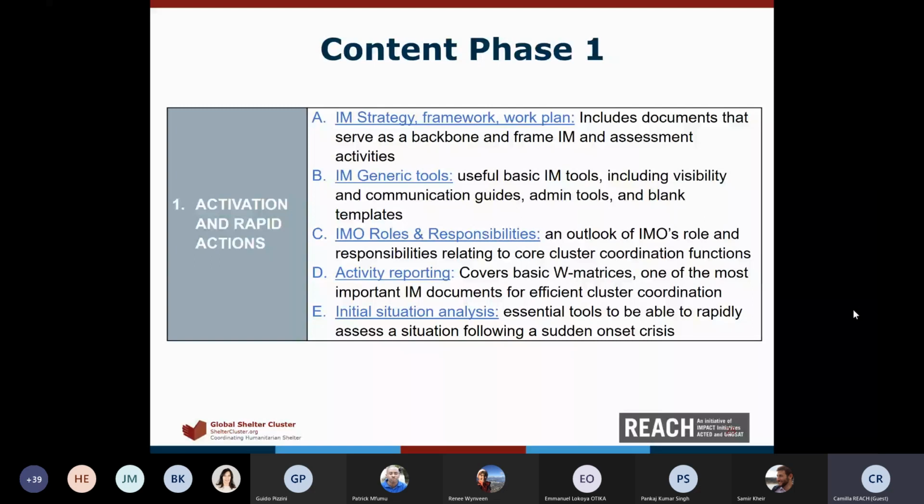So useful basic IM tools and things like visibility, communication guidelines, admin tools, blank templates, and so on and so forth. In section C, we go into IMO roles and responsibilities, and we did this by including some generic TORs, both from the shelter cluster, from REACH, and also, but only accessible internally, from UNHCR. Then in section D, we look at activity reporting, so the basic